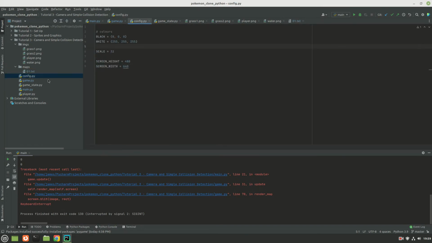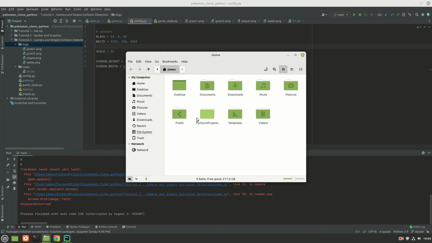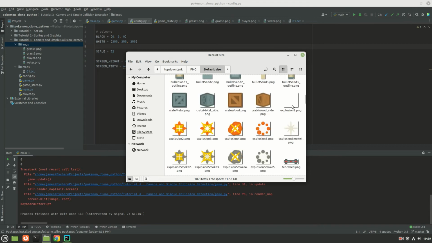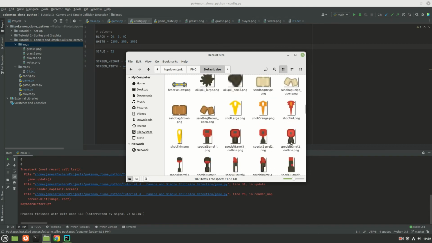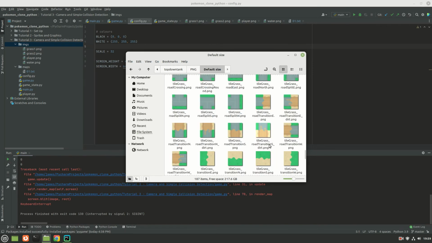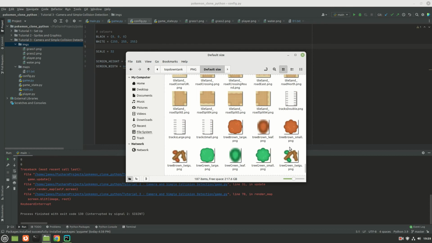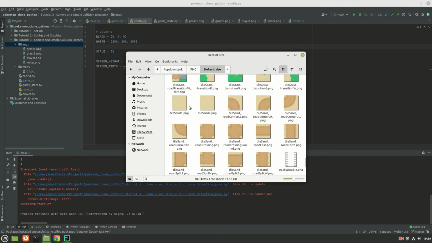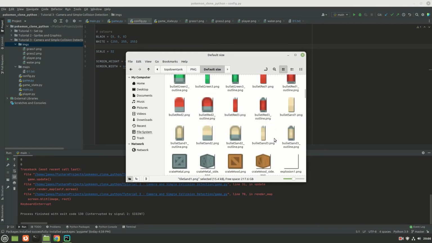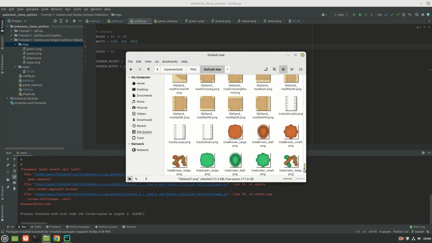And what do we have to change? We're going to need a new image. I have the images prepared. So we're using the top-down tank pack from Kenney. I'll try and link to that. Go to PNG, default size, and we kind of want a dirt road. Does he have a dirt road here? He doesn't really have a dirt road. We'll just take sand for now. Does he have just gravel? Yeah, so we'll just take sand for now.